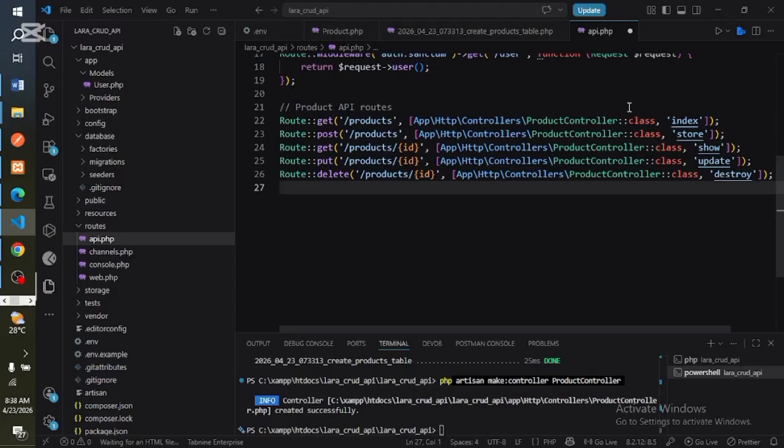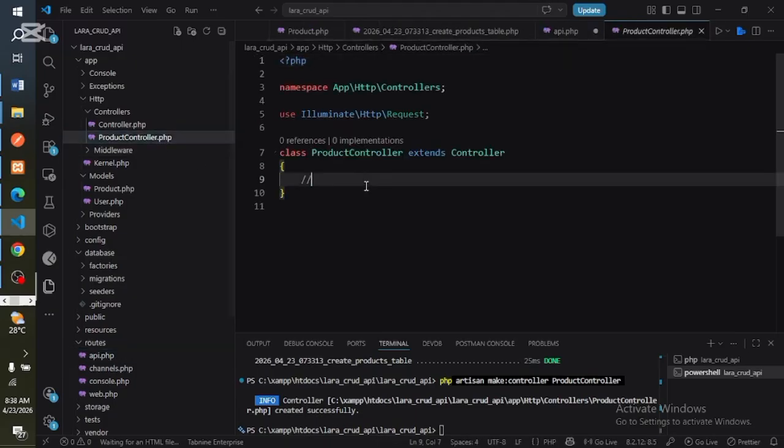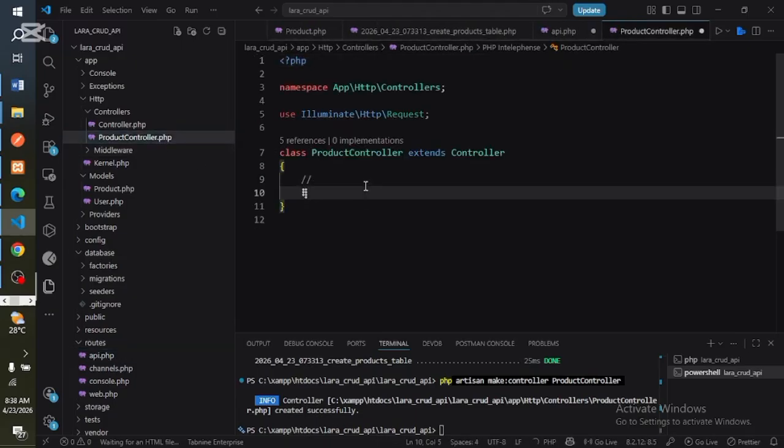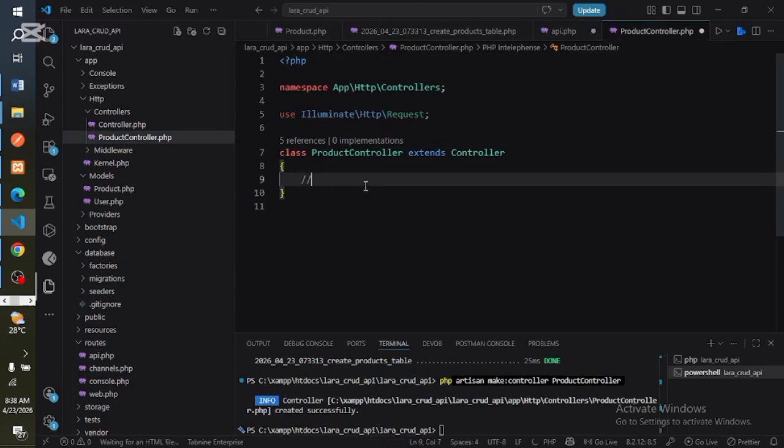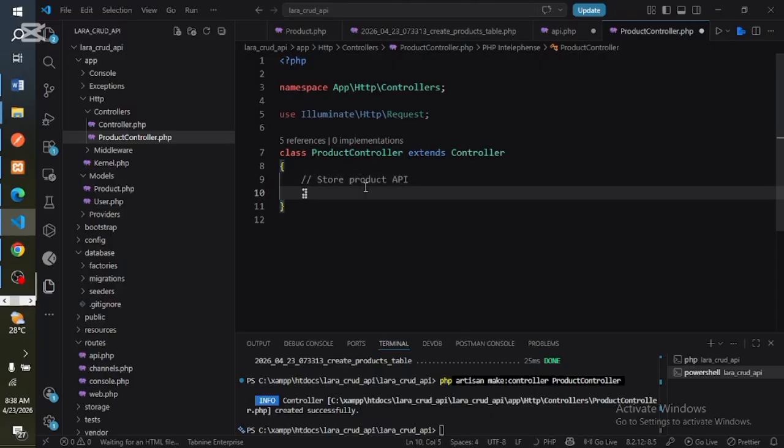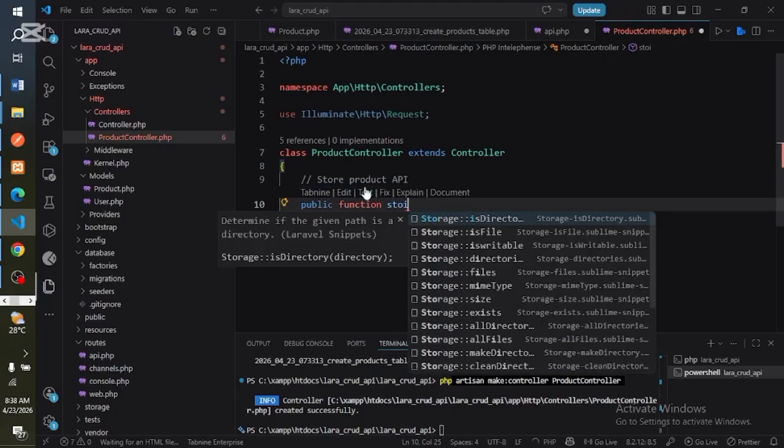So let us add a product. Let's create this method called store inside the product controller. So I'll go to my product controller and comment this as add products, store products, or products API. Then I'll call this public function store. Remember, don't forget the method is store,